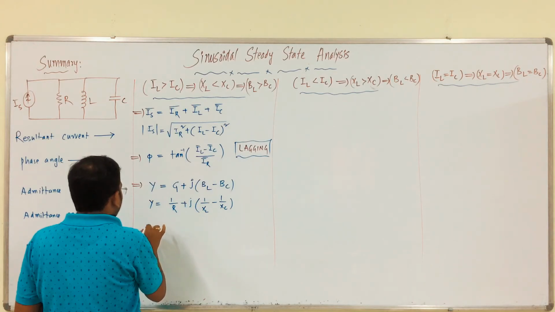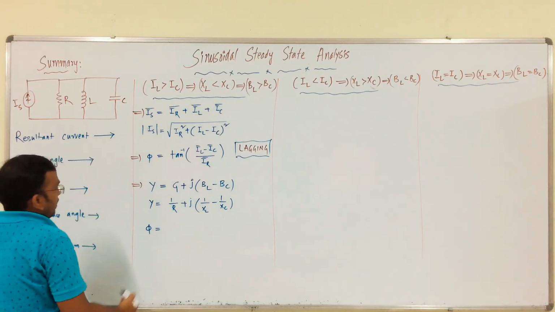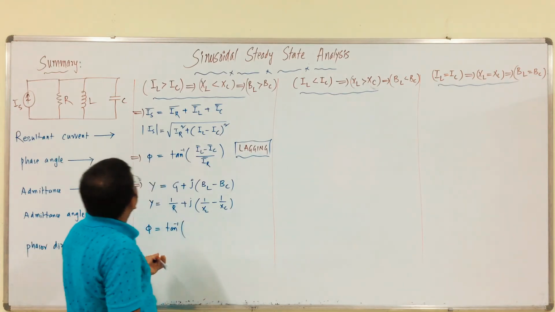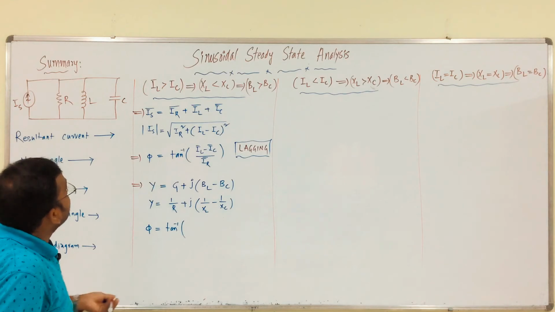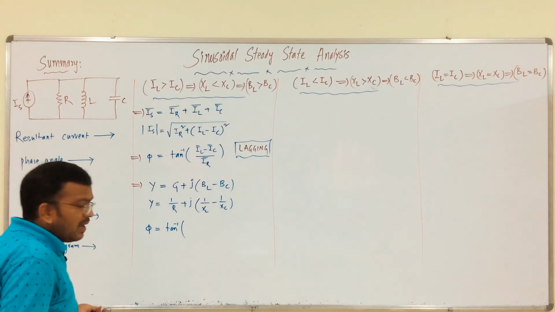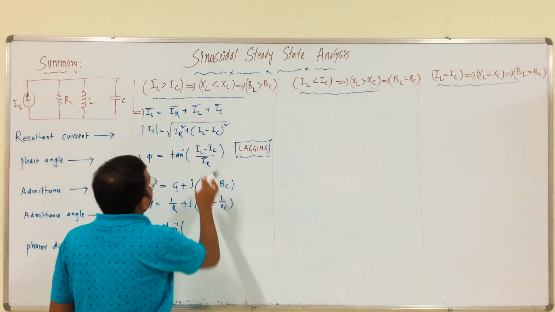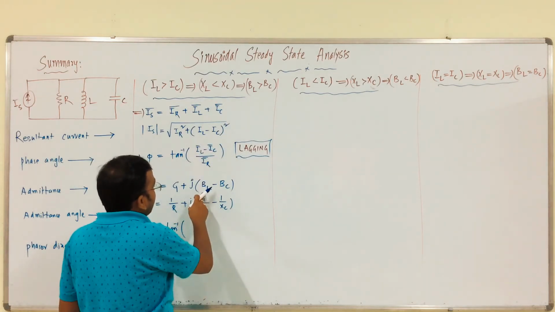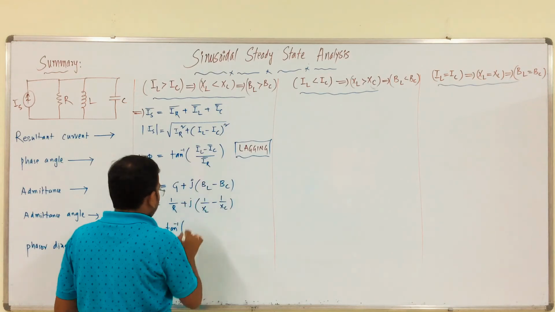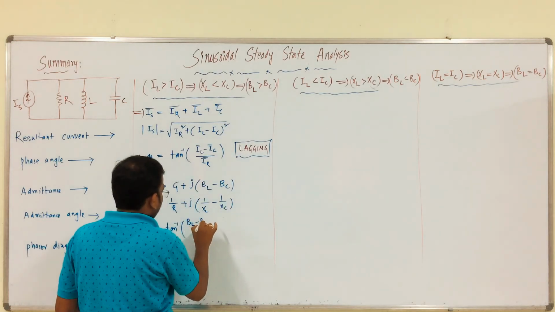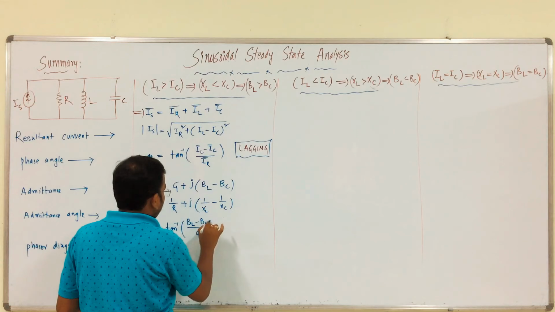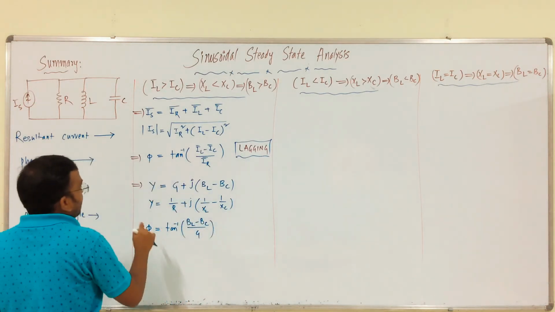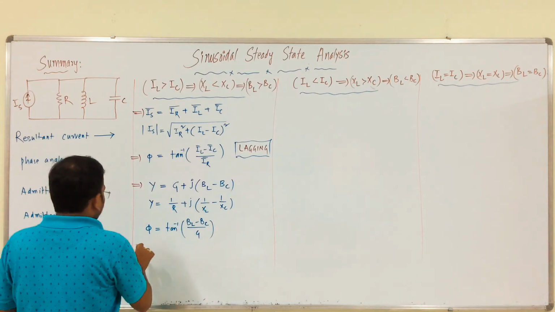Therefore, the admittance angle, this is the admittance angle, tan inverse. What is the series RLC circuit case 1, VL more than VC, there we have what? VL minus VC by VR. Like that, here we have IL minus IC by IR, or XL minus XC by R, here we have BL minus BC by G, right. Or you can write with respect to this, okay. This is the impedance angle, both are equal.